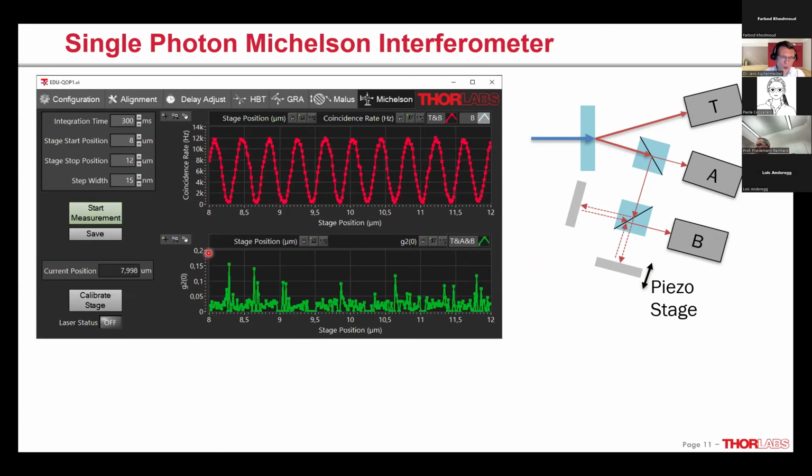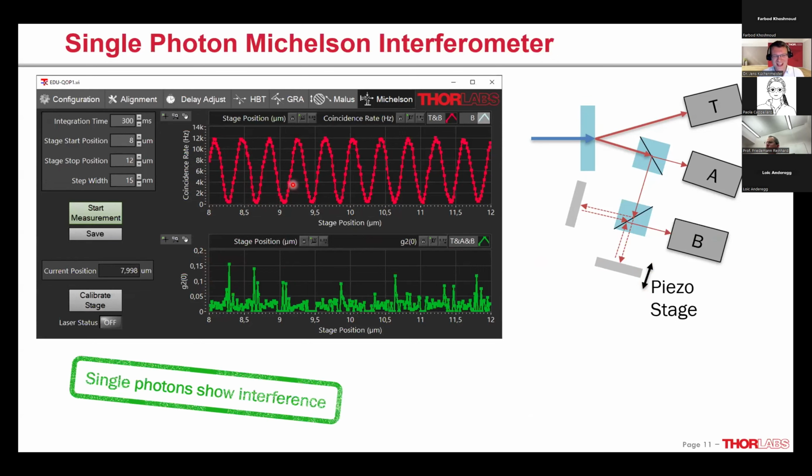And again, well below the classical limit of 1. So those two in combination mean that even single photons exhibit interference, right? Superposition of single photon states. And I'm sure that many of you are aware that this works, right? I'm sure that if I told you that a single photon interferes with itself, none of you will fall